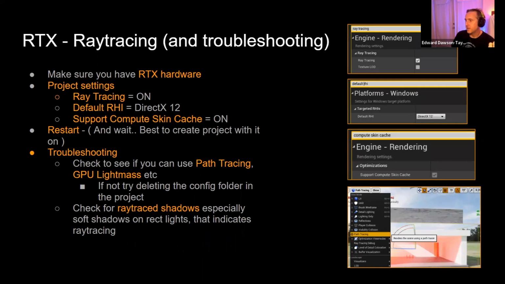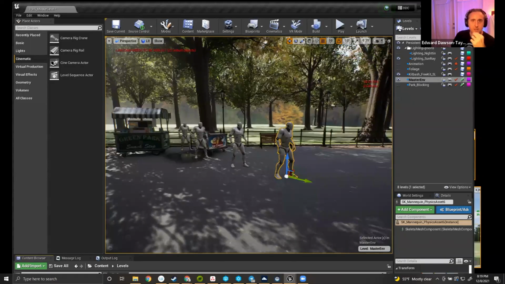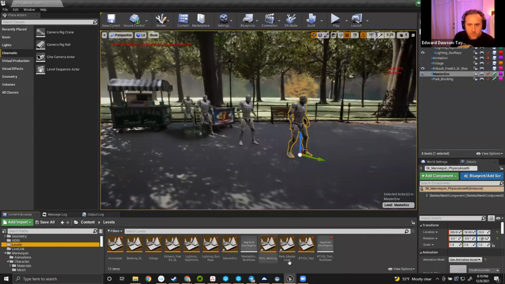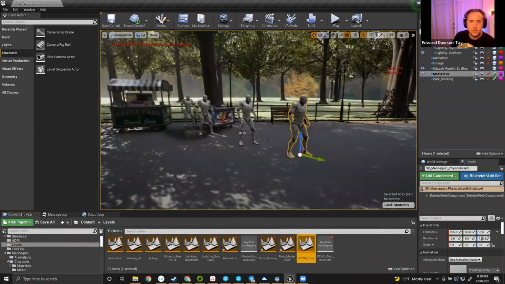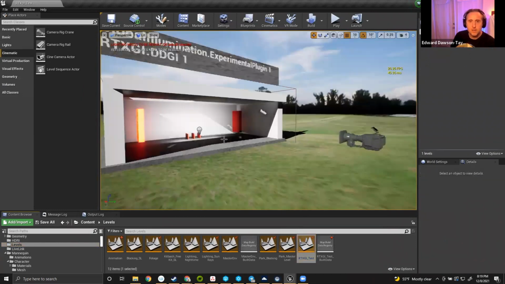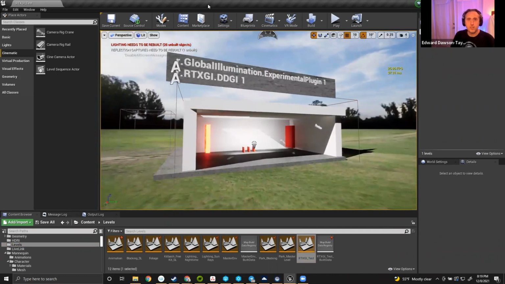Second. With this, I will be able to show you the levels. There we go. Okay, I'm just going to bring this back in. So a couple things I want to show you here. I'm just going to open up this little test scene. Sure, let's save all of that. Okay, so this little test scene right here, what I want to show you